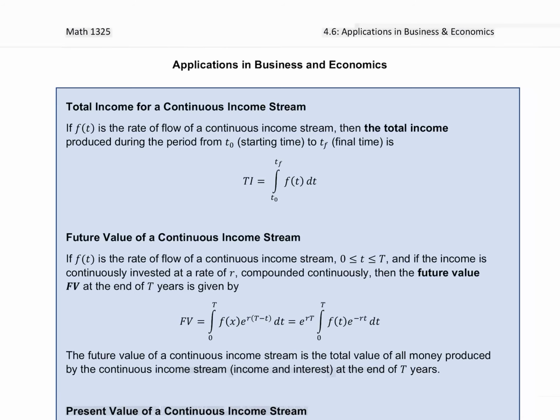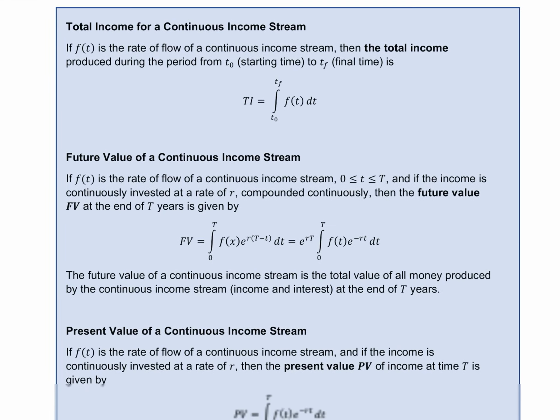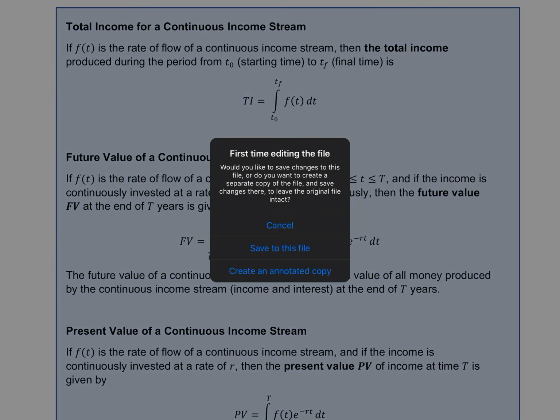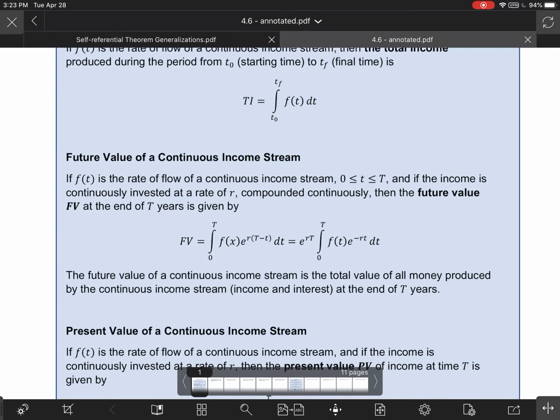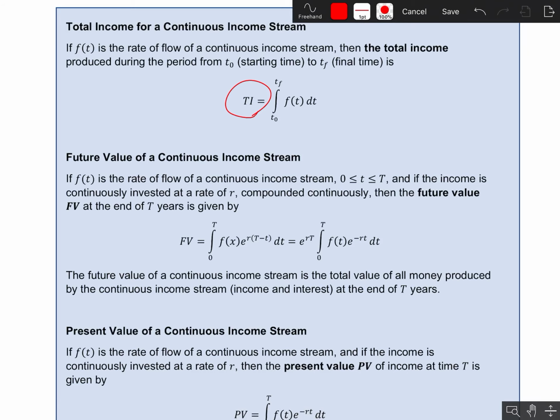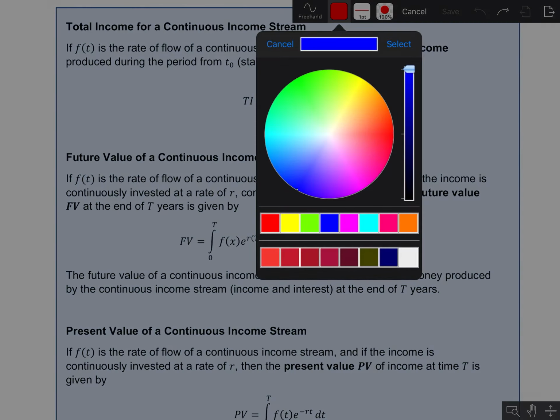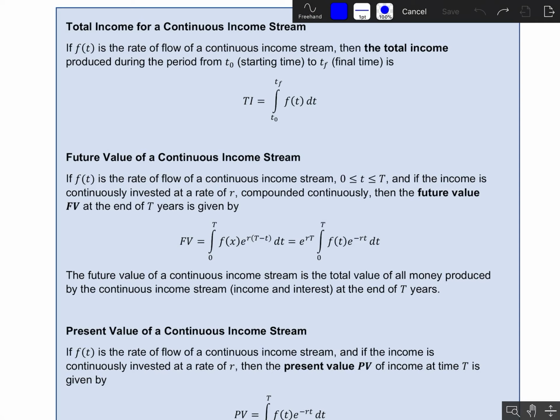In that case, you would need an integral in order to compute things like the total income that you would get or the future value after some amount of time. So I'm actually going to change to blue. There we go. So the nice thing about this first section here, or really this entire section of notes, is